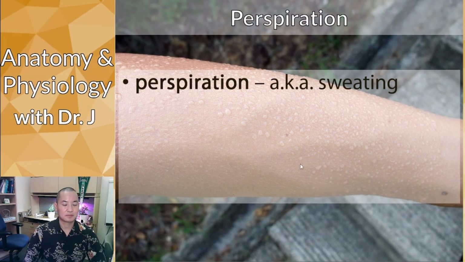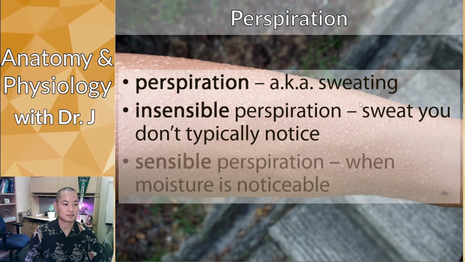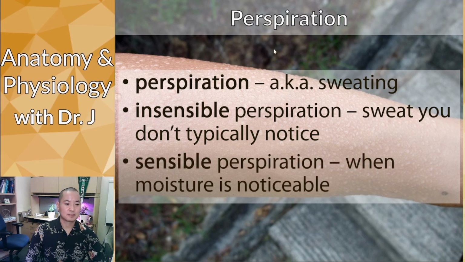What we have here is perspiration, aka sweating, as you probably know it. There are two main types of perspiration: insensible perspiration and sensible perspiration. Sensible perspiration is like when you're sweating, maybe you're exercising or you're outside and it's 90-something degrees, and those are the beads of sweat that you can feel trickling down your forehead or your face or